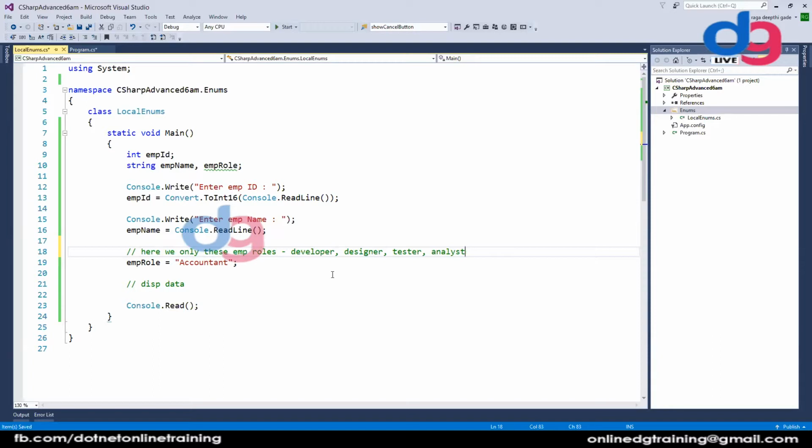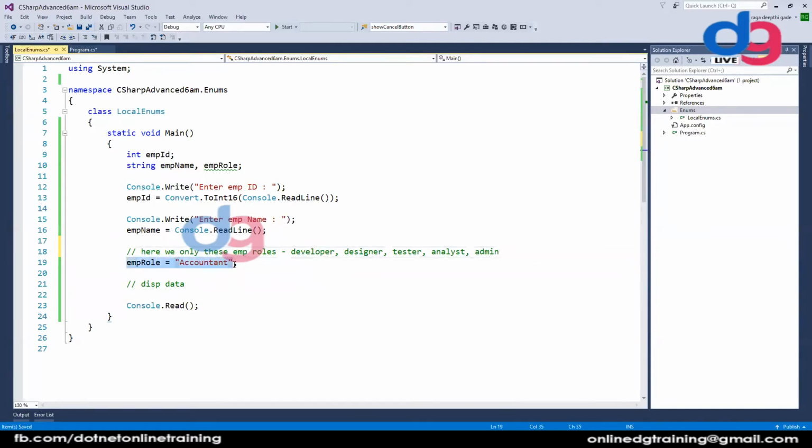Assume that we have only these designations in our company. We don't have any more designations. Let's say for a while admin kind of people are also there. So only these roles are available in our company.